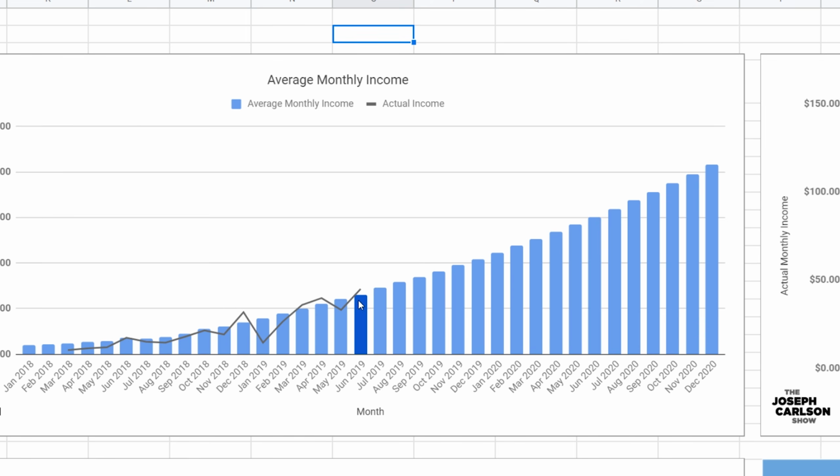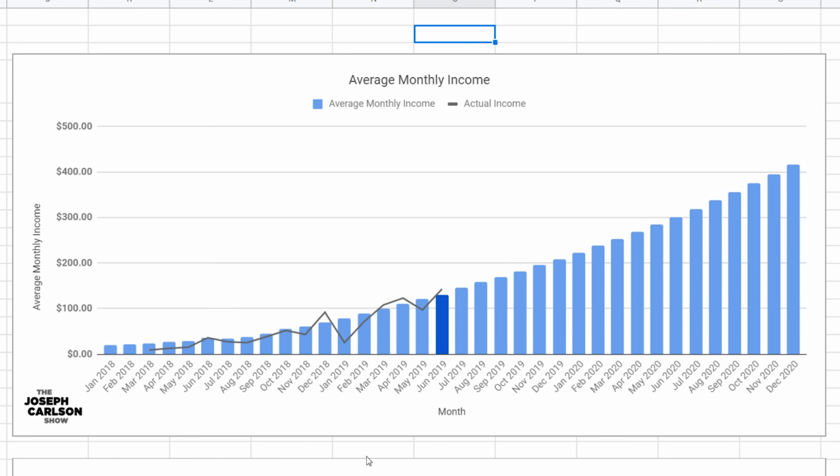You can see that the average goes right kind of through the middle. And then you can expect to see the same thing, right? This actual monthly income is still going to be kind of volatile, going up and down. But the average gives you an idea of how it's just going to steadily climb over time. And again, I think this is just awesome because it gives you a more gradual look at what things are going on. This way you can look at this and say, this is where I came from. This is the growth rate that's happening. And you're not so focused on these month over month changes and swings in income, right?